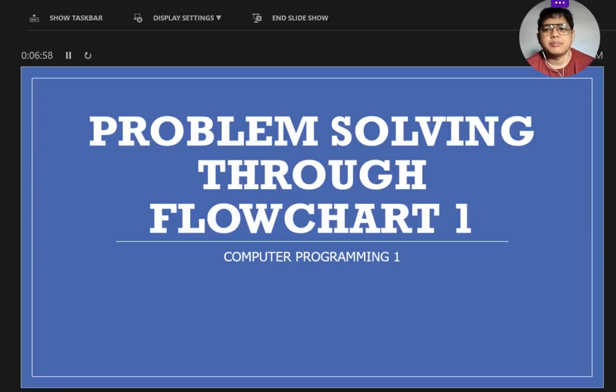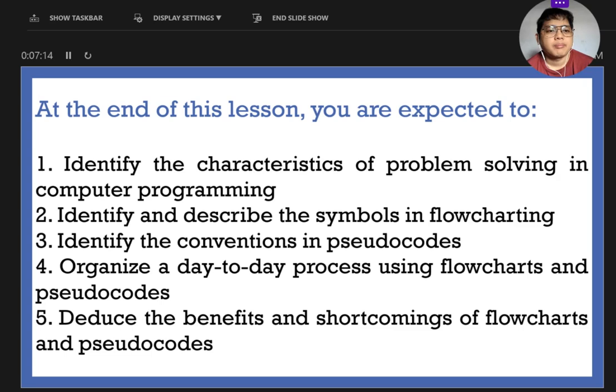Everyone, I am Alvin Bohol, and today I am going to discuss one of the topics in computer programming, and that is problem solving through Flowchart 1. At the end of this lesson, we are expected to identify the characteristics of problem solving in computer